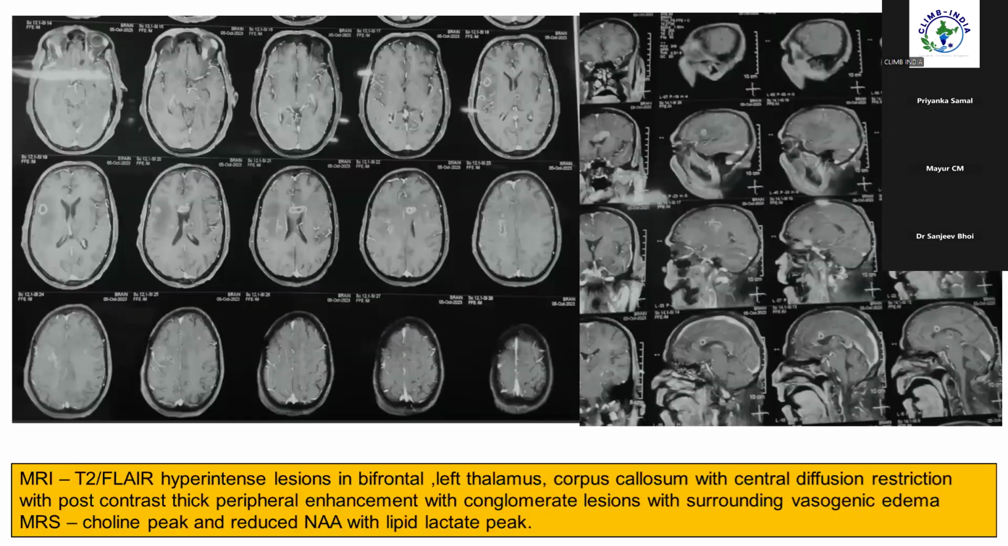So this was the MRI on admission. This MRI was done outside, on admission, which showed bilateral T2 FLAIR hyperintense lesions in the bilateral thalamus, bifrontal region, left thalamus, and corpus callosum, which showed some restricted diffusion. And T1 contrast is showing conglomerated lesions in the corpus callosum and right temporal and frontal regions with significant